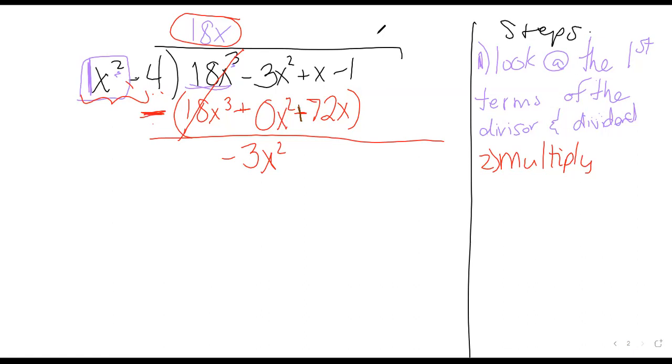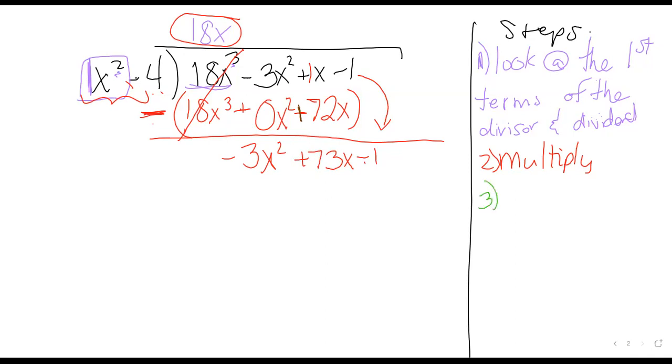Wait, I'm confused. What was the question? What is x plus 72x? 73x. And then that negative 1 gets to come back. Yes? Okay. So now